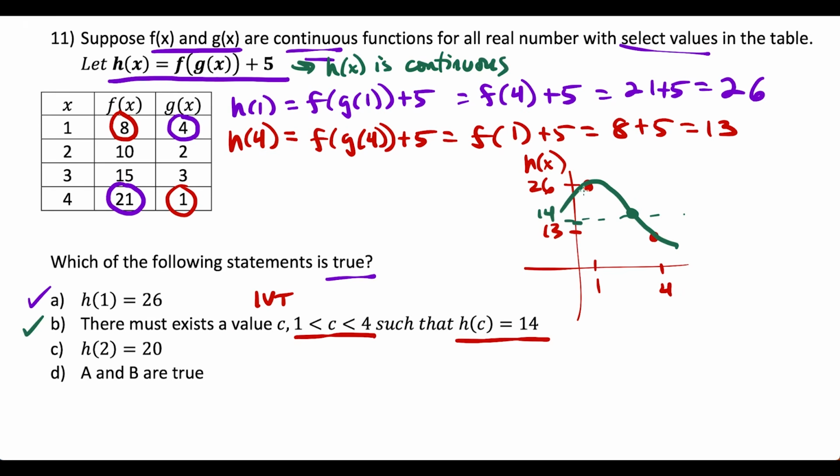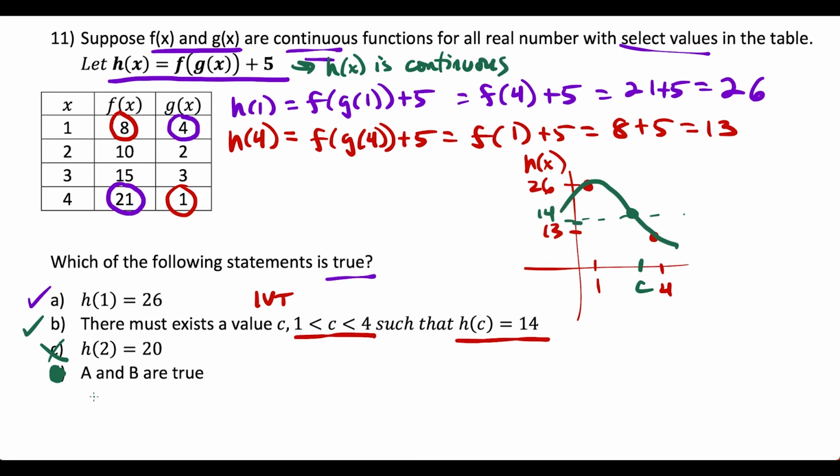There must be a point C, let's say over here, where the function h at that point, x equals c, is going to be equal to 14. So this is true by, once again, the intermediate value theorem, that you have to pass through all the values between your two function values if you have a continuous function. So this one is definitely true, which tells us choice D is automatically our answer, but let's verify why choice